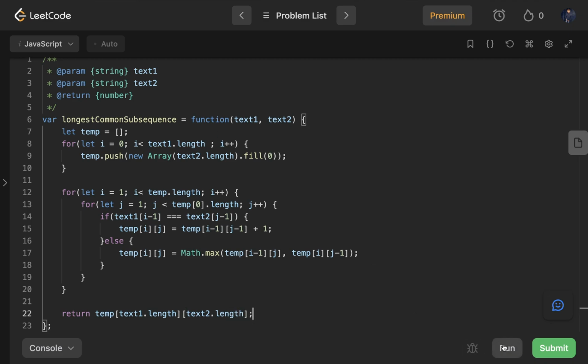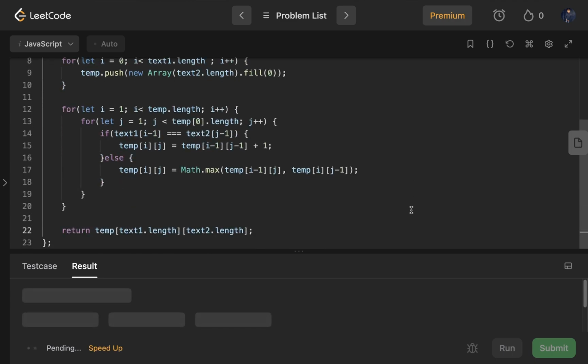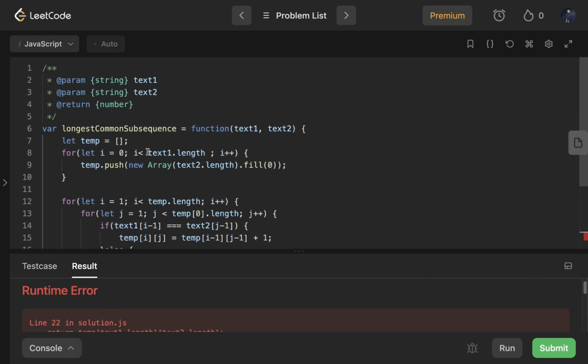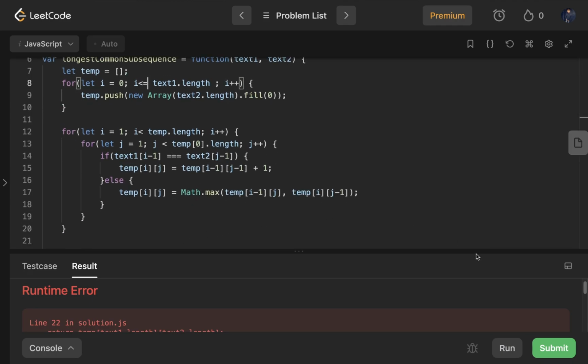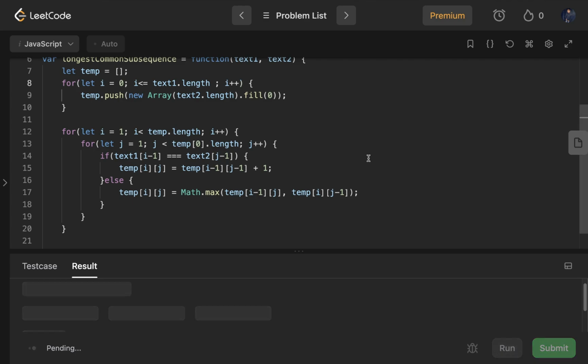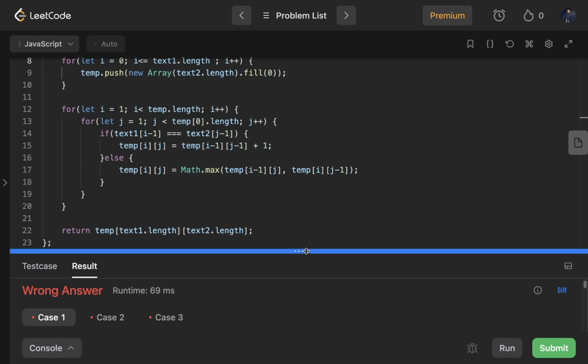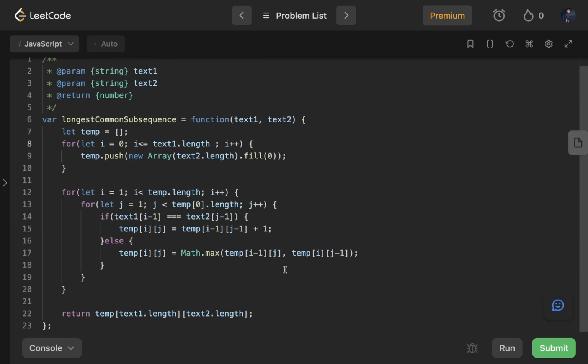So if we run this, we got one error, text1 dot length. Okay, my bad. So while creating the 2D array, I missed the equal to sign here. So that was the reason we got this error. So if we run this again, wrong answer. Oh, sorry. So it will be text2 dot length plus 1. Yep. Now it should work fine. So if we run this again,